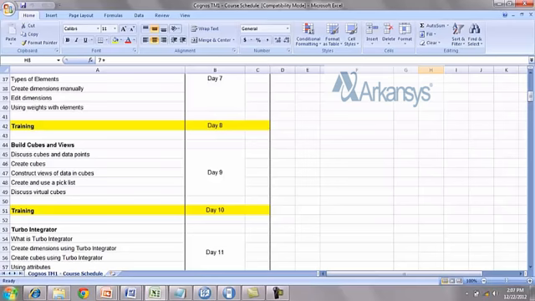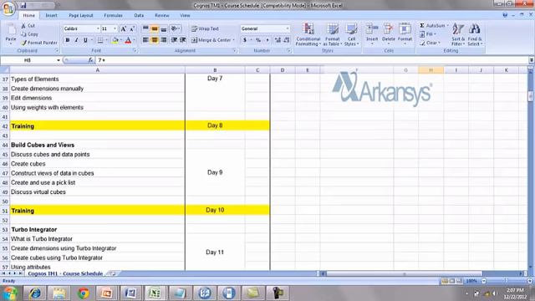And again, now we're going to see about building cubes after the training, day 8. In this building cubes, we're going to have the dimensions creation, editing the dimensions, setting up the weights for the dimensions to exclude the consolidation levels, and creating the cubes which are part of the dimensions. After the dimensions, you go for the cubes, so that you can have a collective of dimensions set up in one cube. And how do you construct a cube, creating the pick list from the cube,